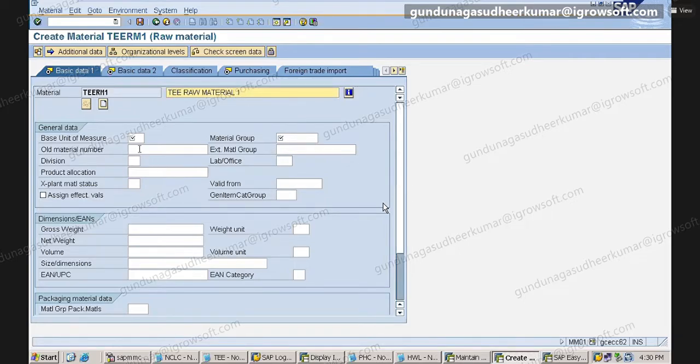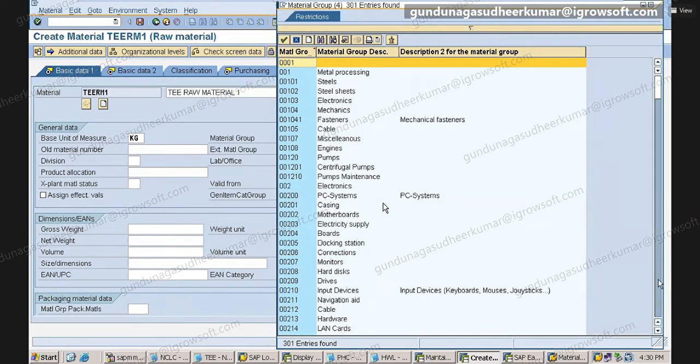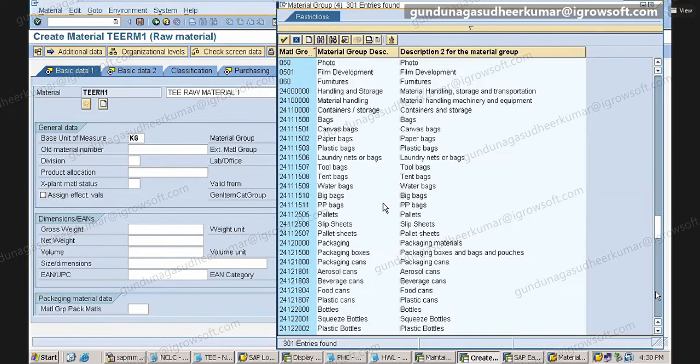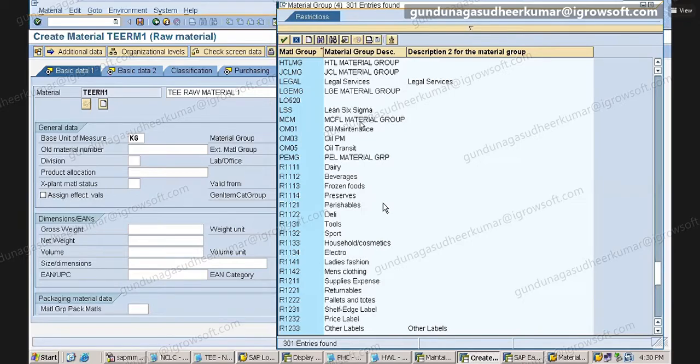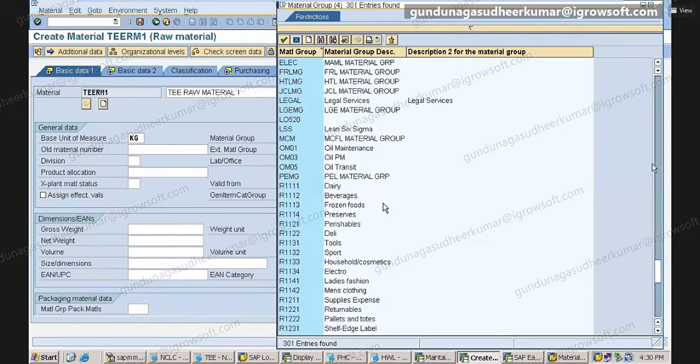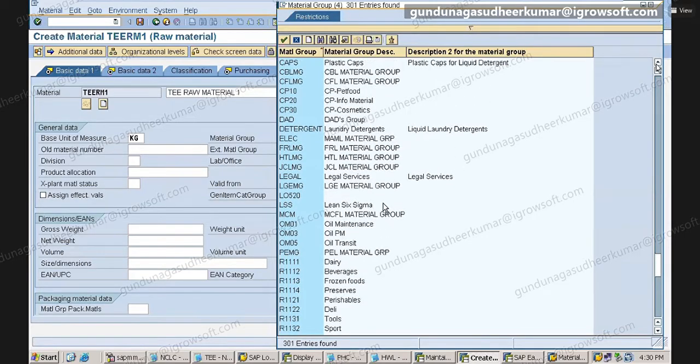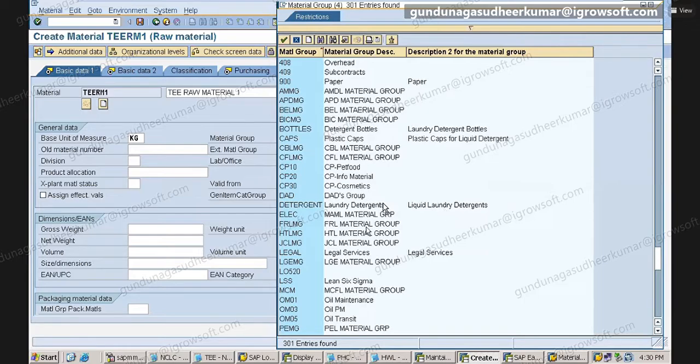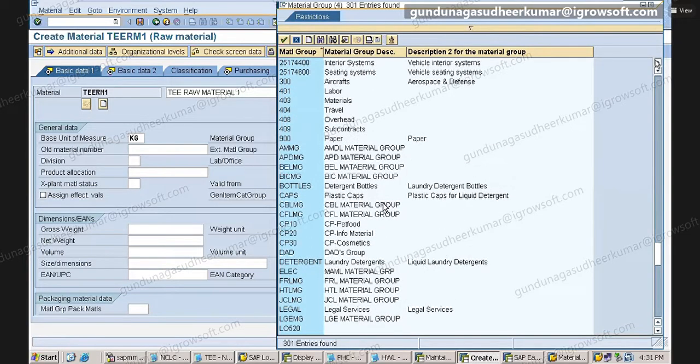Now base unit of measurement is kg. Material group. What did we create? Do you remember? I think TMG.